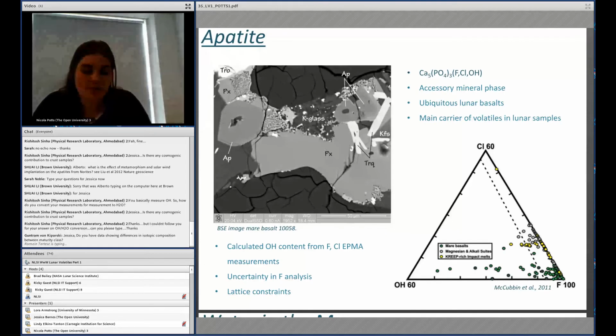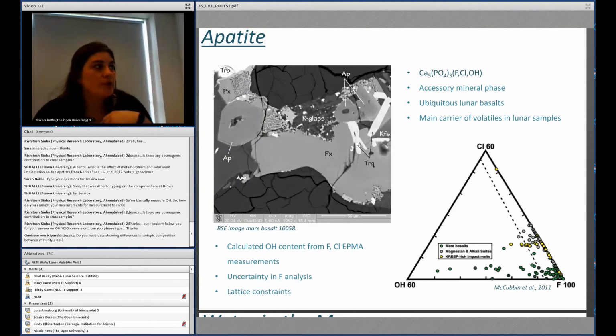There are a few caveats to measuring apatite via the electron microprobe. Apatite can take in pretty much any element into its crystal structure, so assuming that the site is filled primarily with OH might lead to some overestimates. You also have issues with the crystal structure in that you can't have fluorine and chlorine sitting next to each other. They don't like to do that. And there is some uncertainty in measuring the fluorine on the probe. So some of these original estimates were then